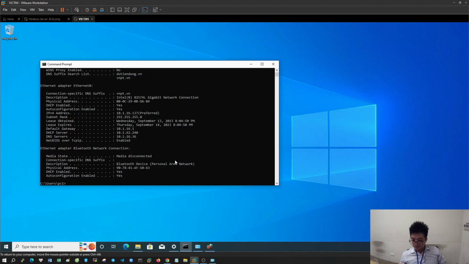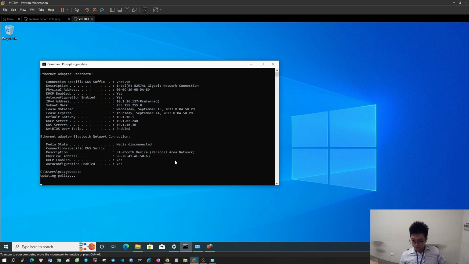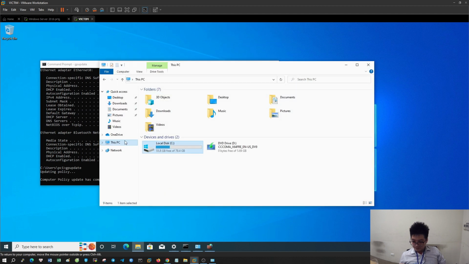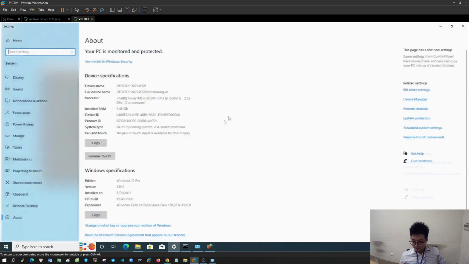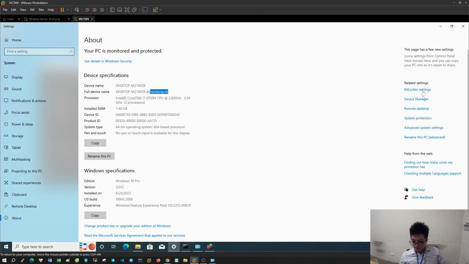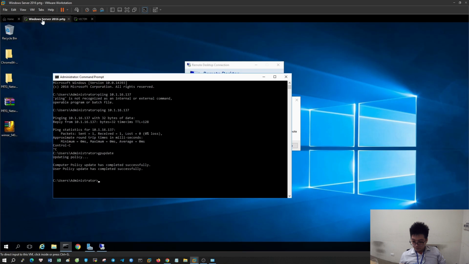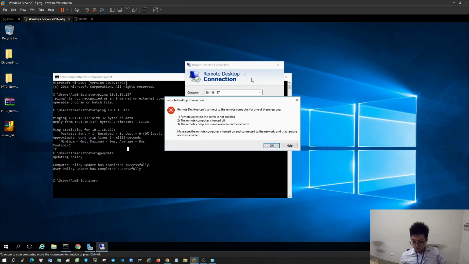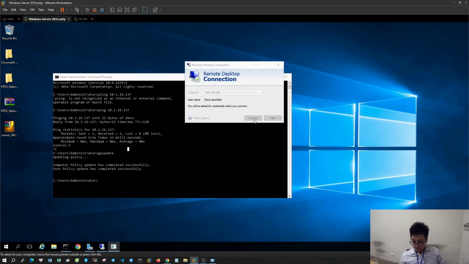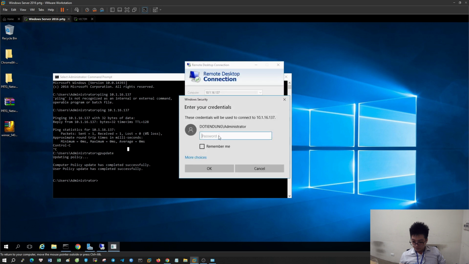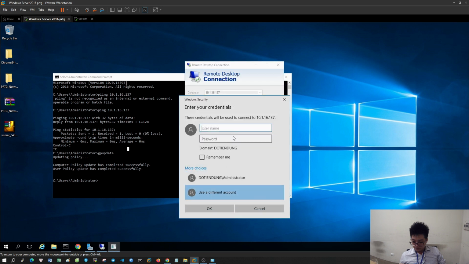I will check the parameters and policies again. The policy has been updated. Now I can access other computers in the domain.